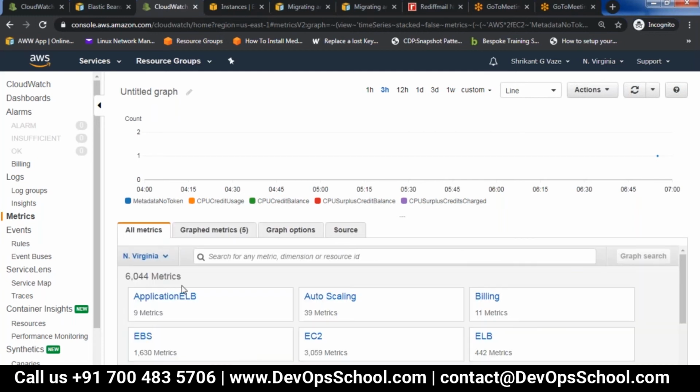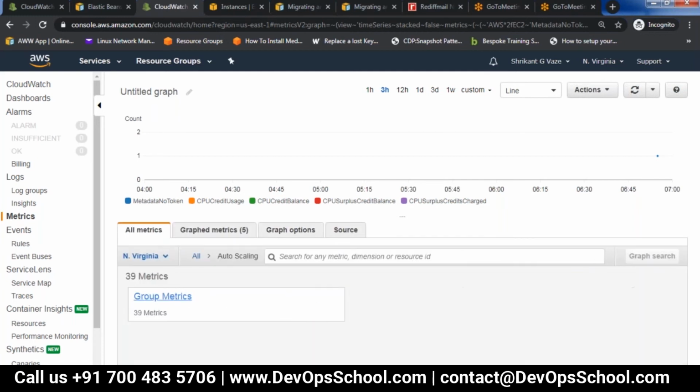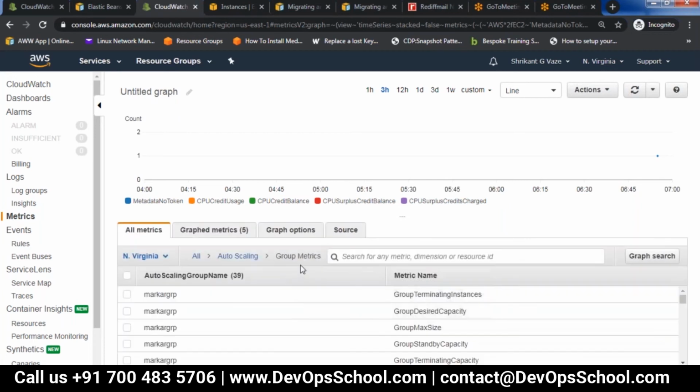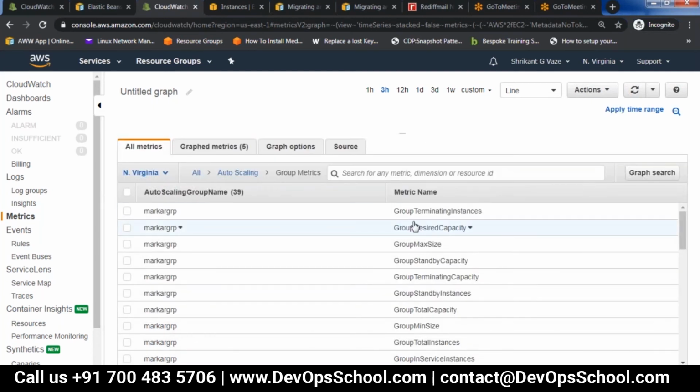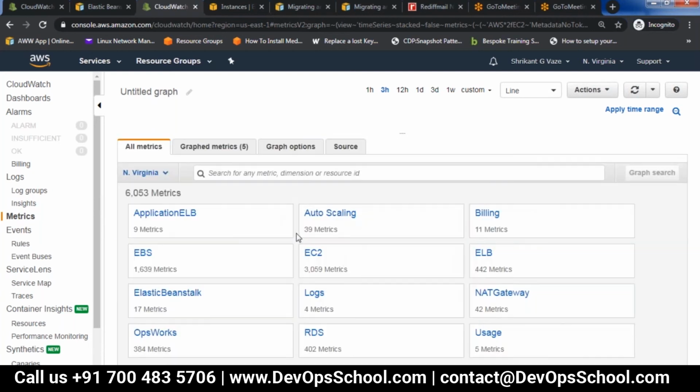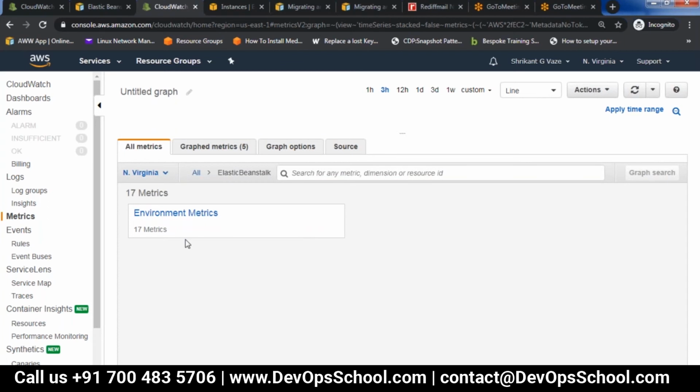If you have other metrics, for example, auto scaling, there are certain metrics here. Yesterday we did an auto scaling group exercise, and these are the metrics which get monitored: group termination instances, group max size, etc. Whatever service you are using, for example, Elastic Load Balancer or Elastic Beanstalk, there are certain metrics which are kept.